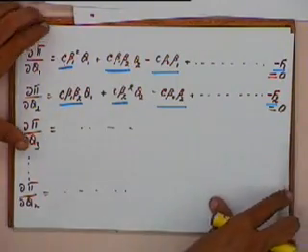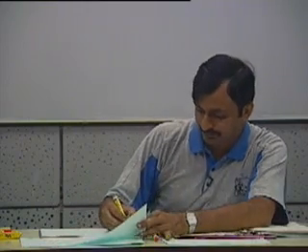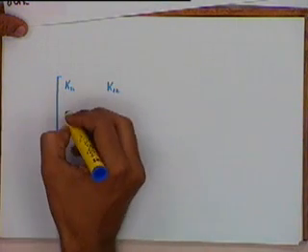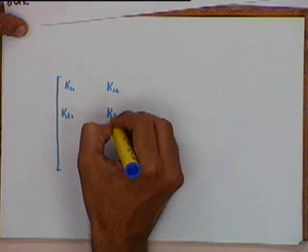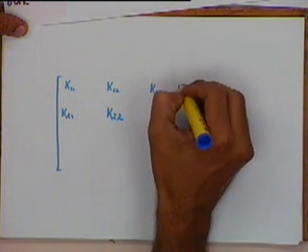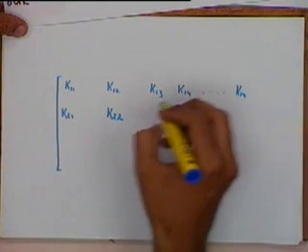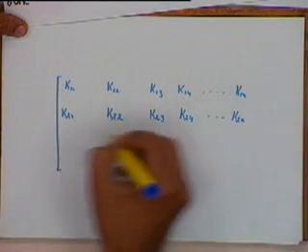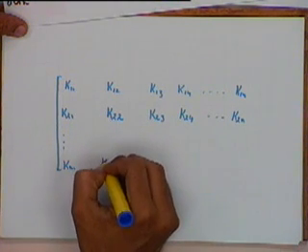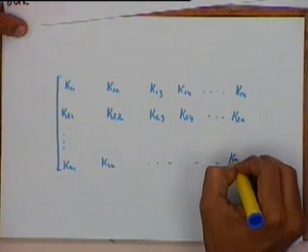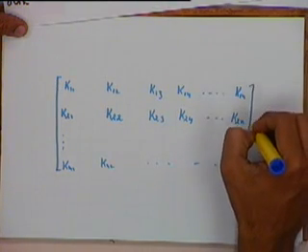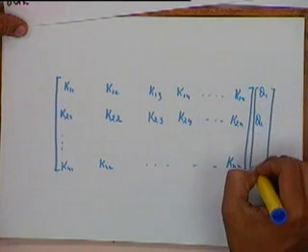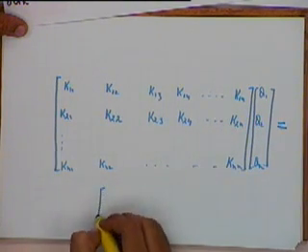Okay, so if I write down this complete set of equations in a matrix form, this whole thing will be equal to, I will write the first terms here,